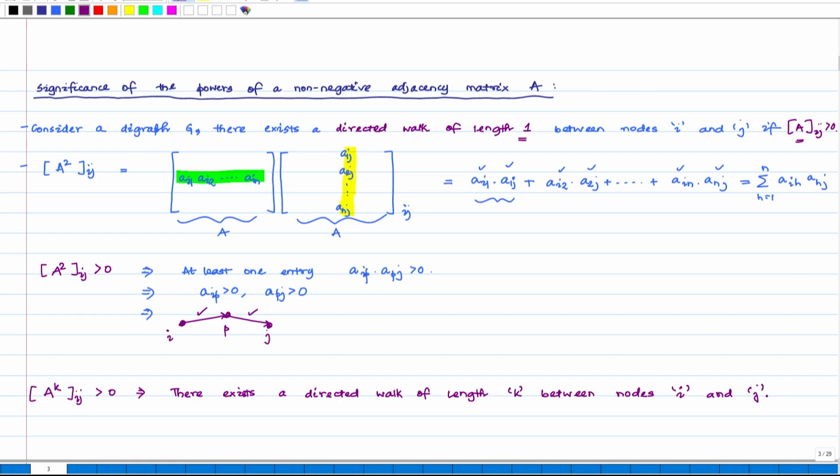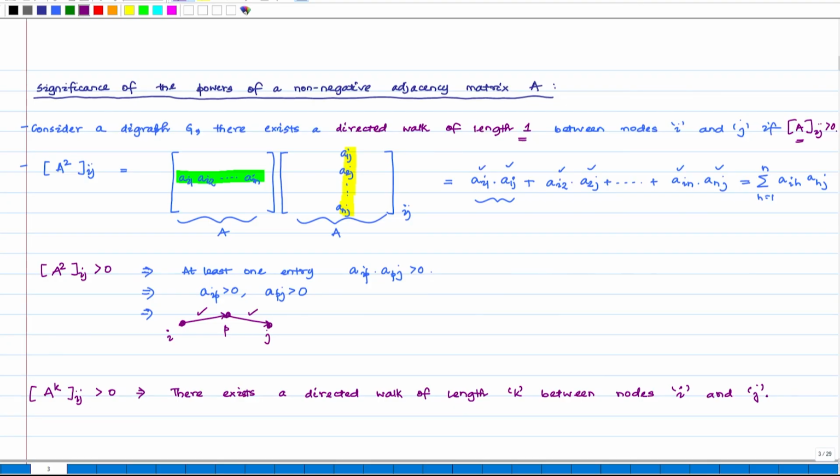Okay, so these are very interesting properties. Why? In order to talk about walks within a network, it is sufficient to focus only on the adjacency matrix, and we can talk about the existence of a walk of any arbitrary length. If I want to ask whether a walk of length 100 exists, all that we need to do is plug these numbers in some software, maybe MATLAB, and check which of the entries are greater than 0, and correspondingly I can tell whether walks of length 100 exist or not.